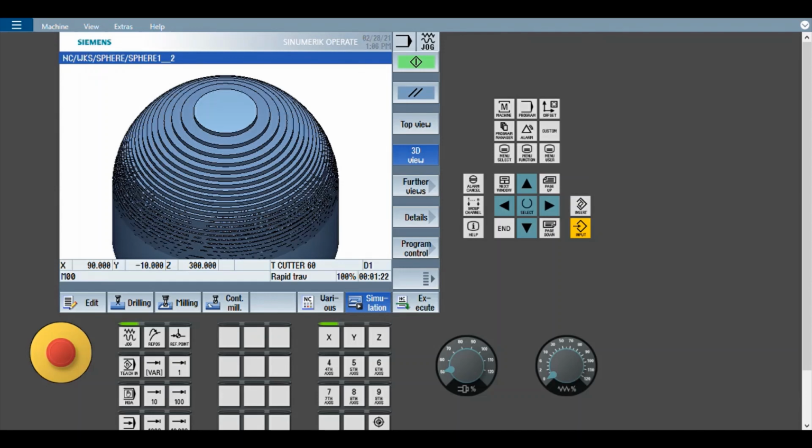Now again the finish cutter will come, the ball cutter will come. You can see now the finishing is happening parallel to the sphere. So here there won't be any problem of cusp height, you get the same finish all over.